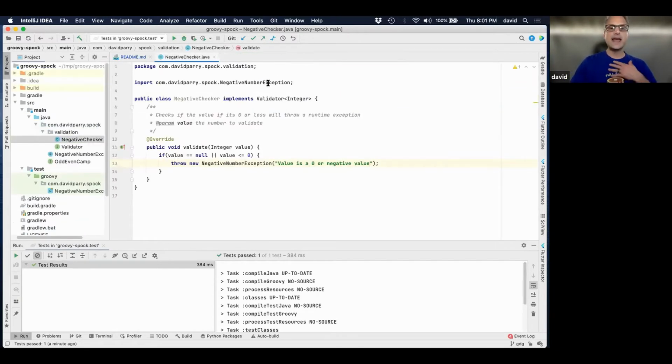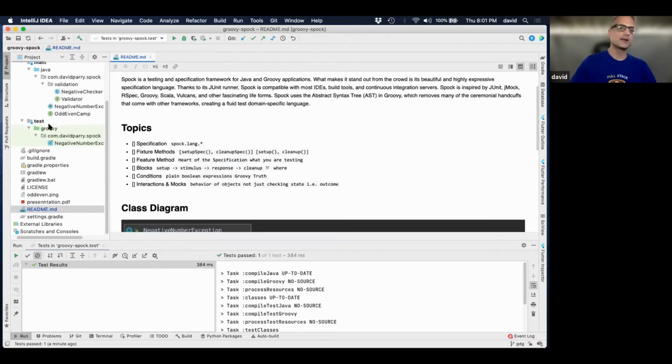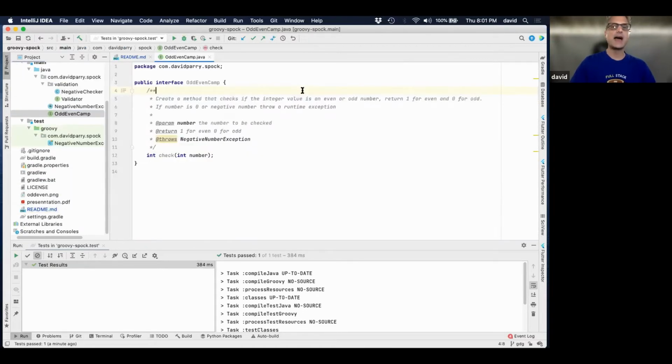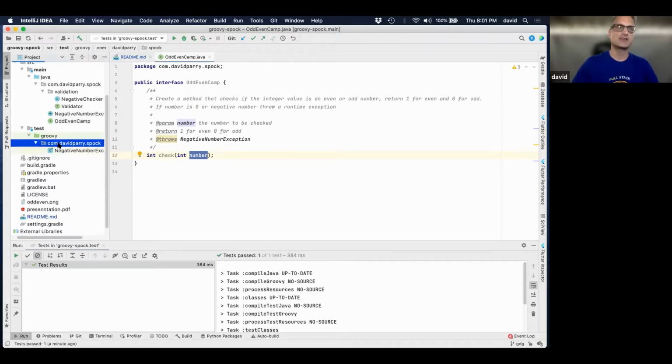Now, the next thing we want to do is actually write some code and get into there. So I have an interface for us. It explains again what we need to do. We know the requirements, and we came up with the interface. We all agreed that we wanted to call it check and have it return the integer. It'll take in a number, so that's the number we want to be able to check. And we're going to create a Spock specification, as it's called.